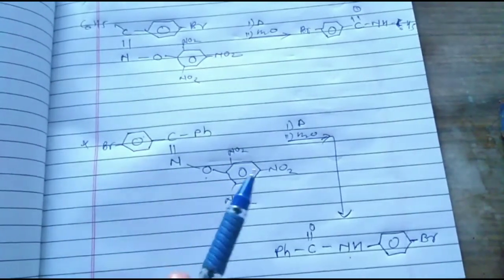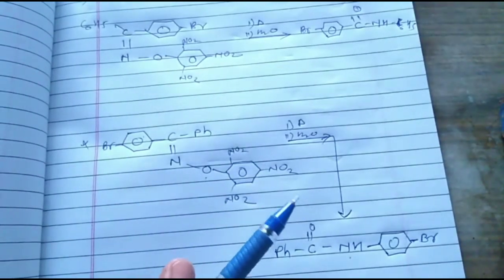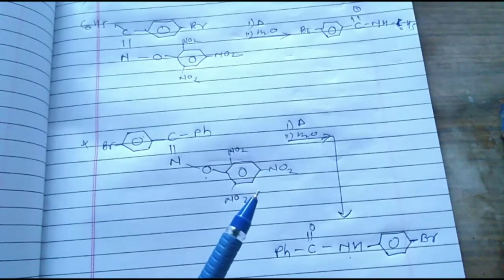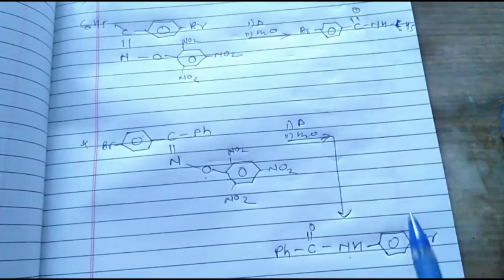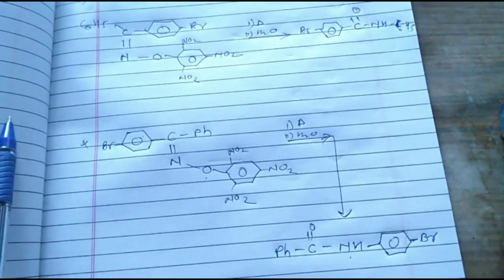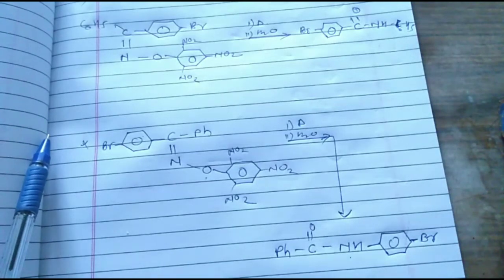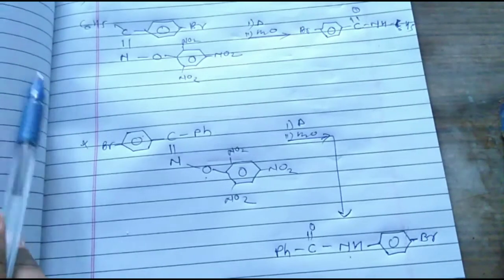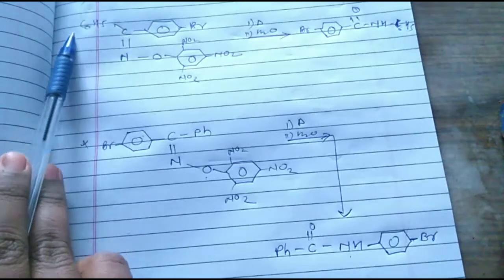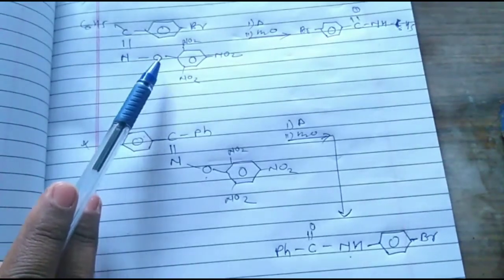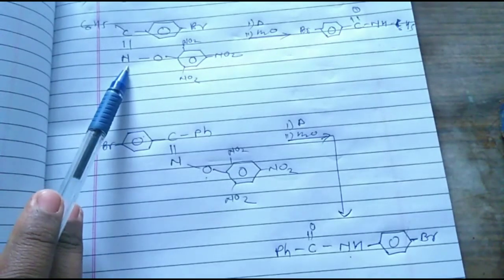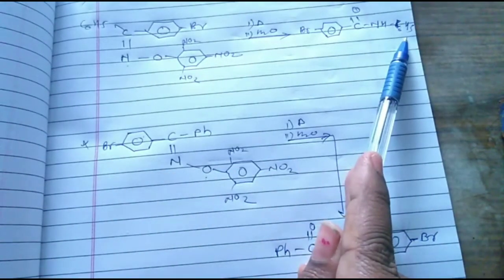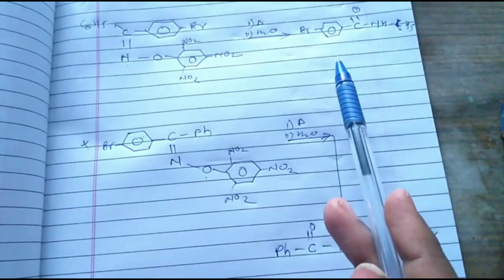Remember that in the Beckmann rearrangement, in the NET examination they always ask what will be the product, and the options are both. Then you must know the migrating aptitude of the Beckmann rearrangement reaction. Whenever any group is in the anti position to the OH group, only that group gets migrated to this nitrogen, in this manner. This is the migrating aptitude.